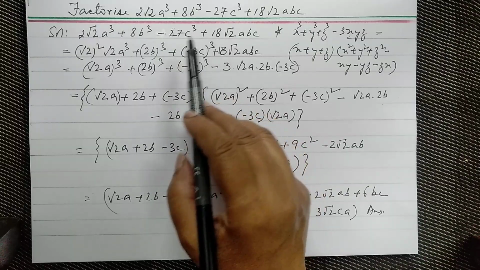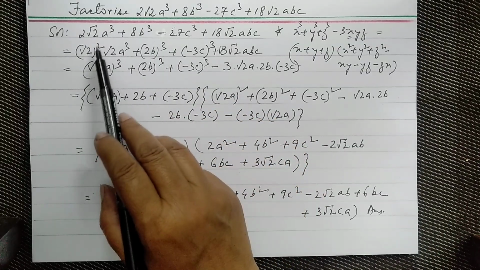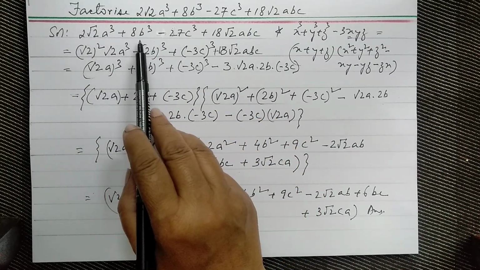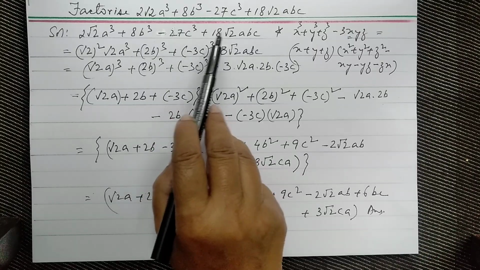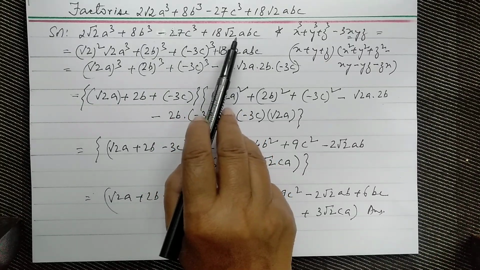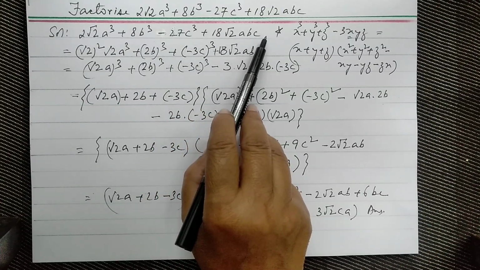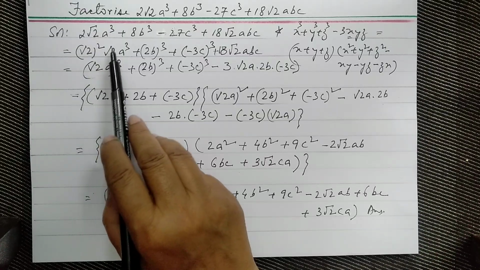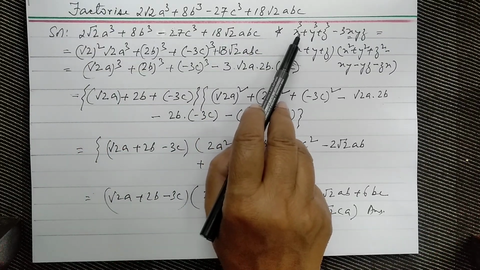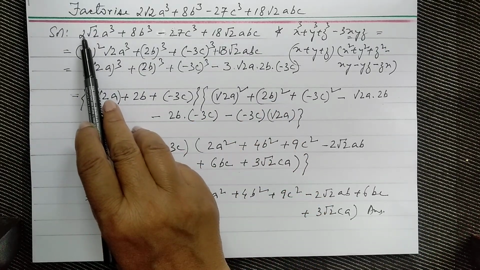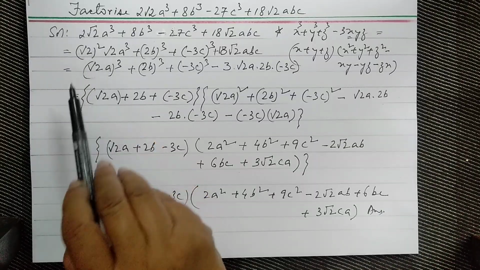In this case, we have to discover our x, y, z and 3xyz. We did that because we wanted a cube over here like how x has. So we converted 2 into root 2 whole square,